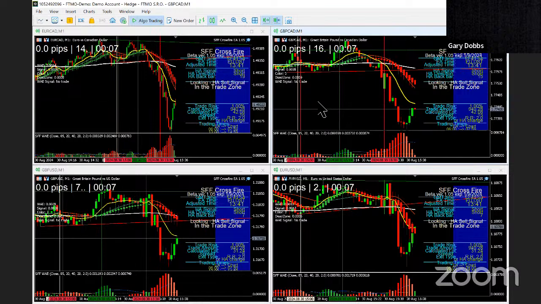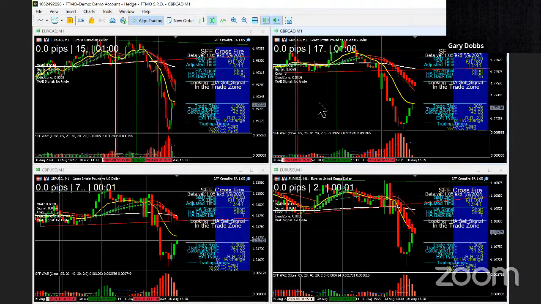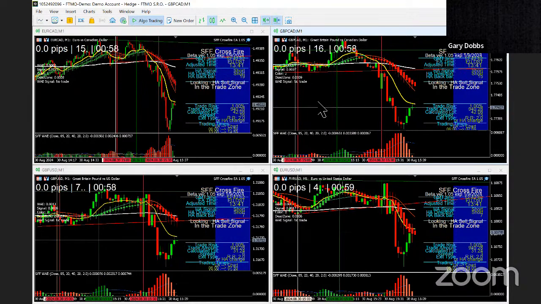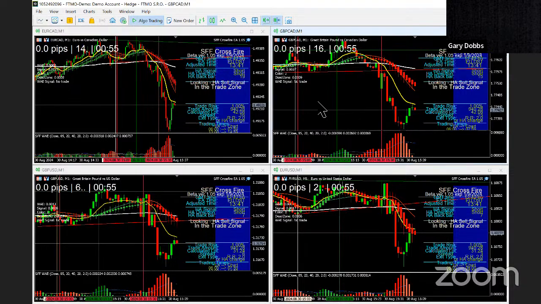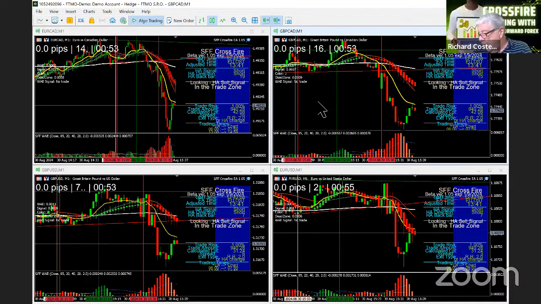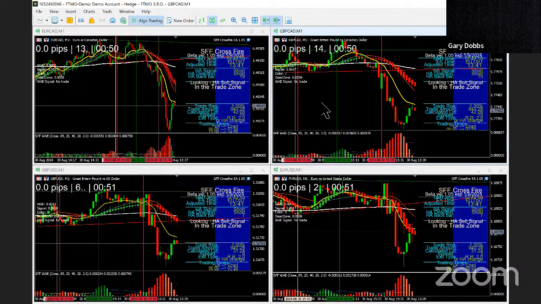I sometimes sit here in the morning from 6:15, still on the manual, looking at them all the way you would normally do with Crossfire. I'm actually just watching it through till 9 o'clock, and there's so much sideways movement at the moment. The candles are a lot bigger. They seem to go up quite a bit, and then they come straight down again and wipe out the